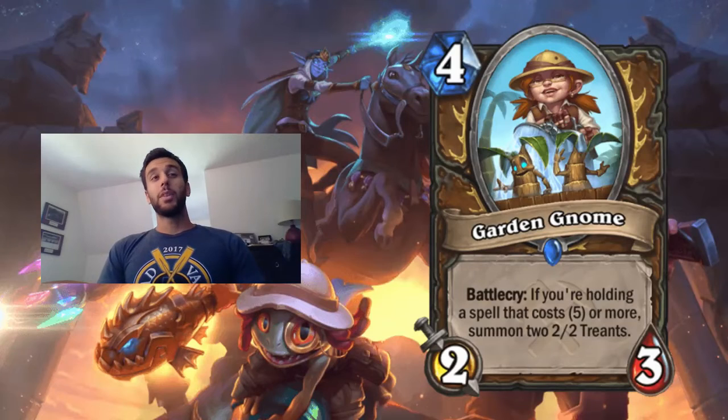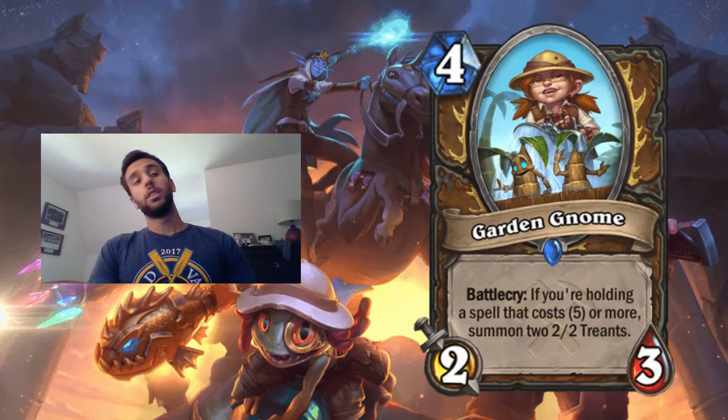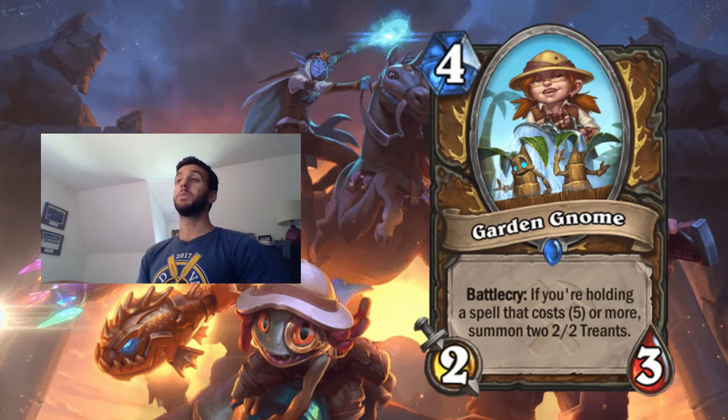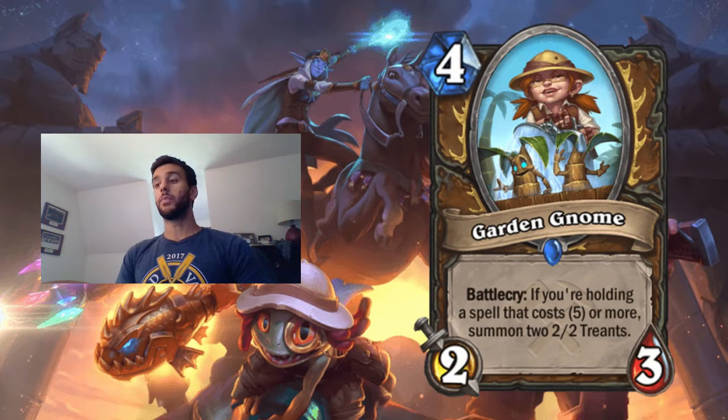So coming in at number 3 is the Garden Gnome card, and I haven't played Token Druid that much, but Garden Gnome is one of the only cards that has made it into some of the Token Druid deck lists, and this is a really powerful card. It's a really easy to satisfy condition. It also fits really nicely with cards like Anubisath Defender, but when Token Druid is carrying things like